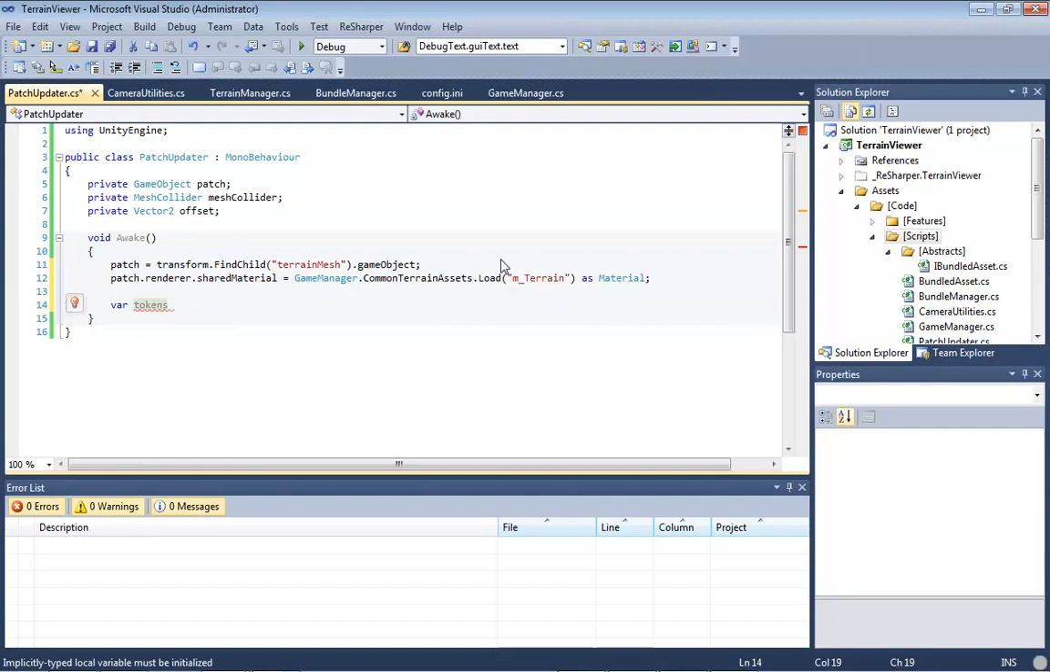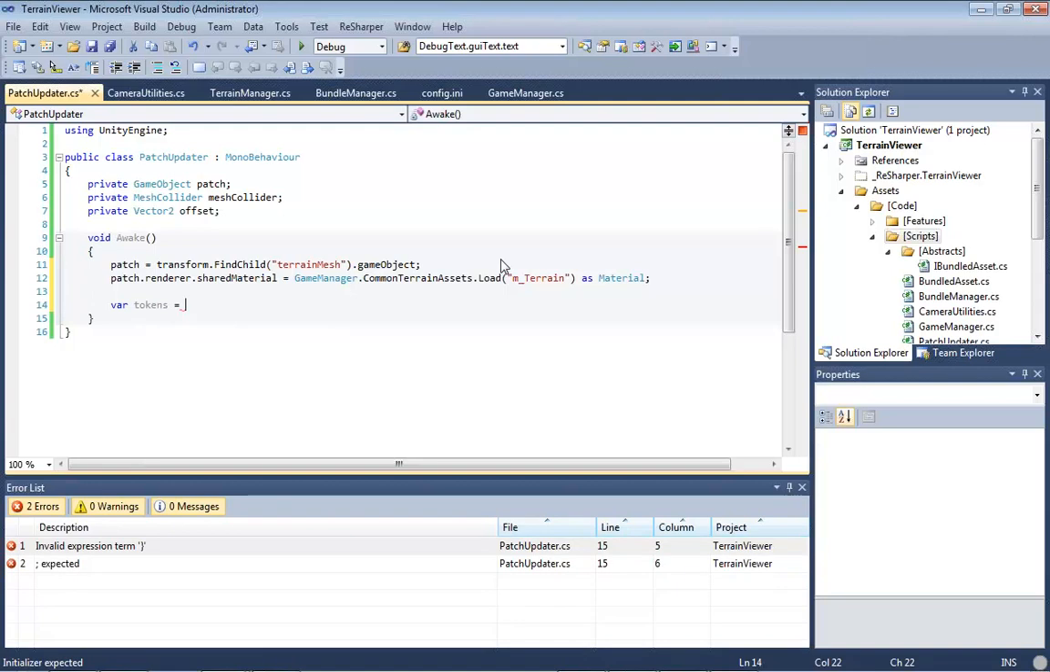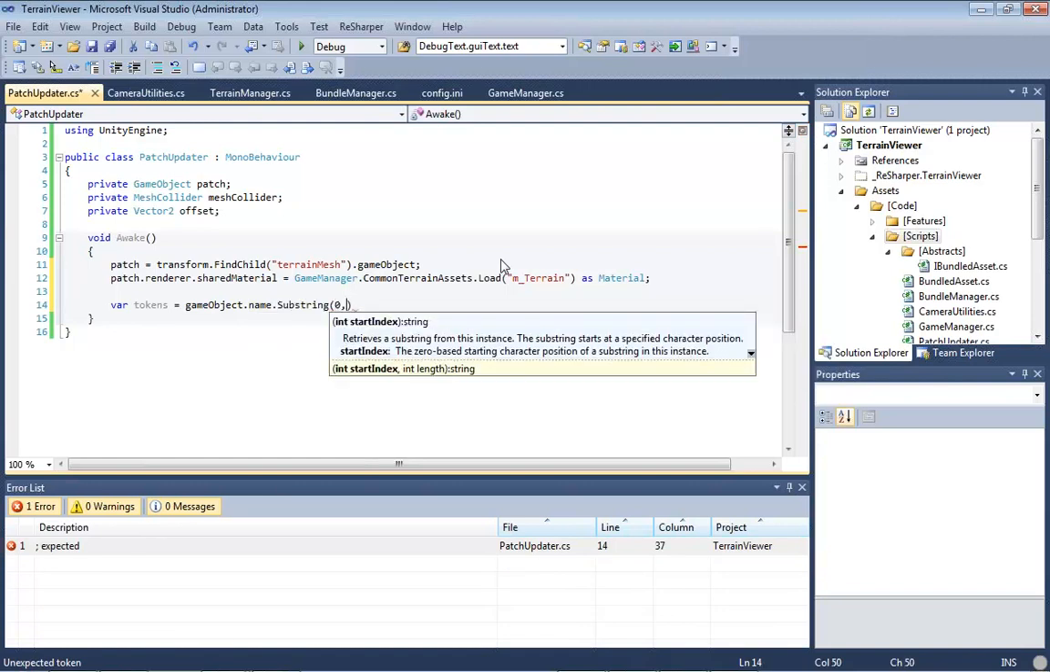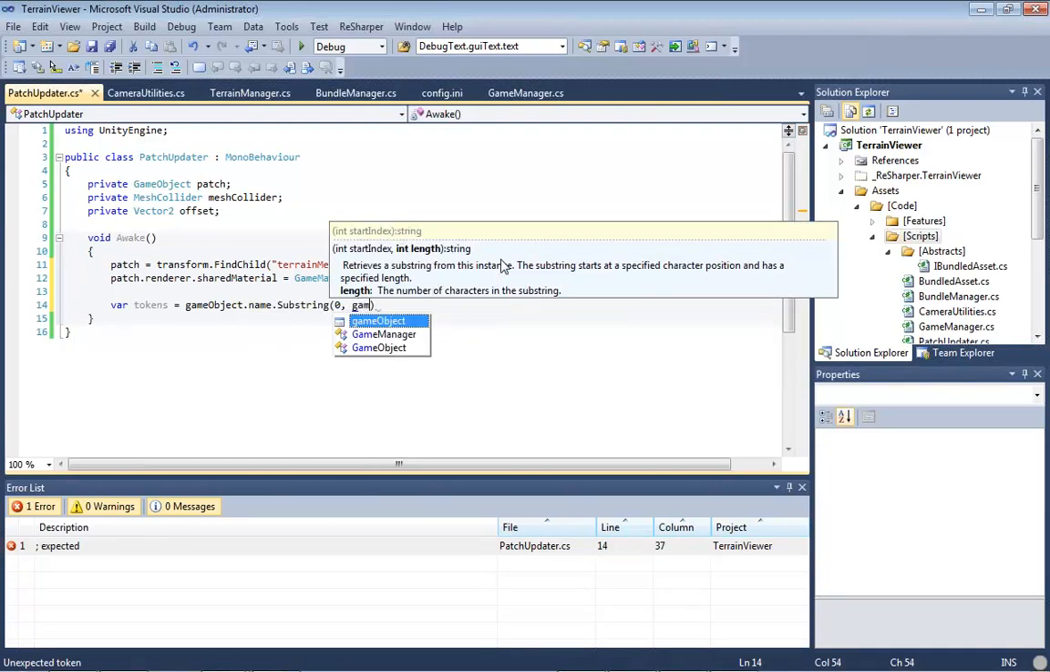So what I'm trying to do now is get our offset. We're going to get our offset via the name of our train patch. So we're going to say tokens equals gameObject.name. So we're going to get the name of the game object. We're going to go for the substring starting at 0 and then we're going to go to